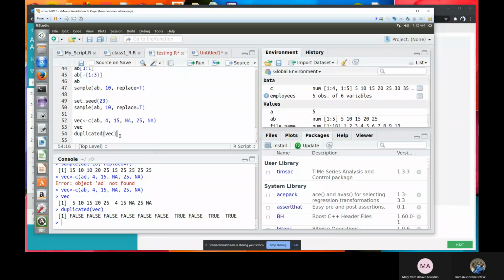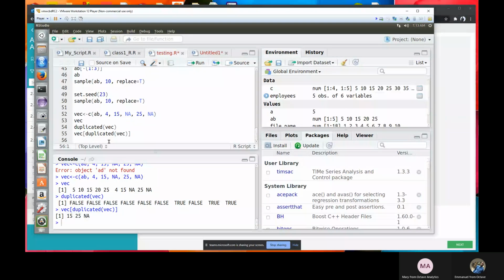Okay, now I want to do something interesting. I'm going to put this inside this. Let's see. So you can see what happened. This is another way of subsetting data.